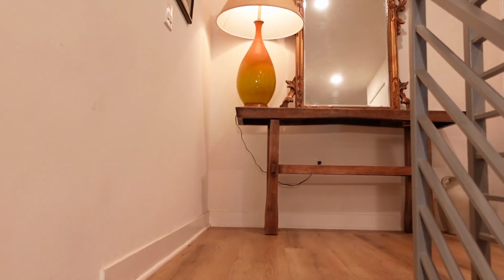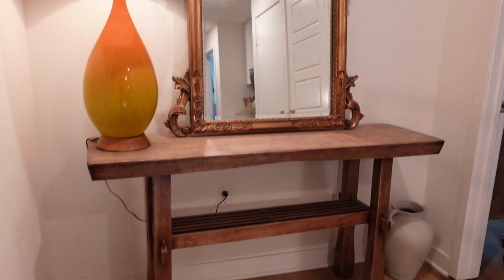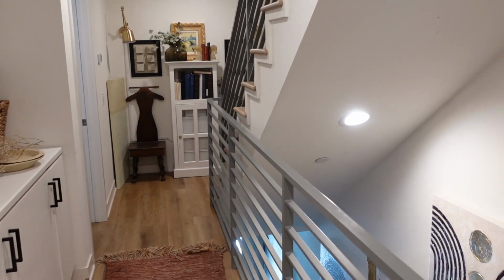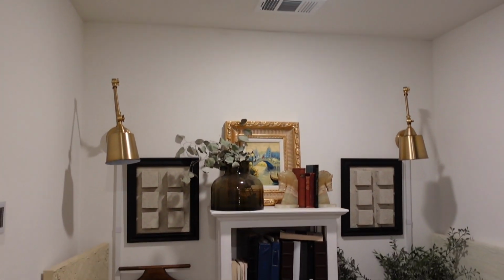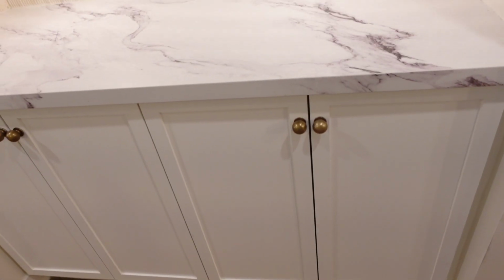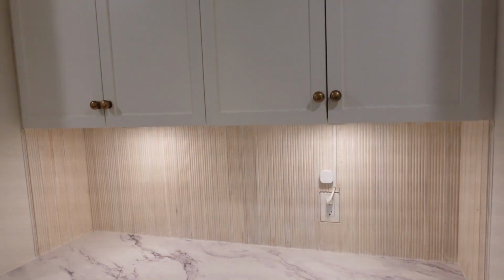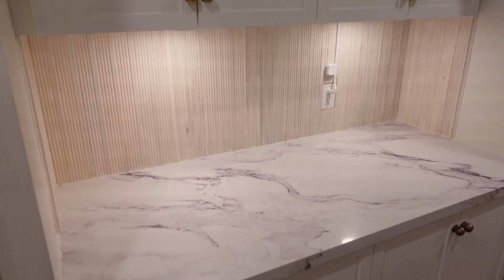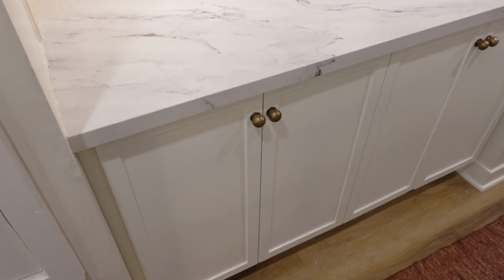And this week I am showing you the final reveal about how I got rid of all of this sort of cluttery decor that I was using to band-aid the fact that this hallway just felt like a boring pass-through, and instead took away all of the clutter and had a more streamlined, focused design by adding in architectural elements like, again, this countertop, the fluted wood backsplash, the shaker style cabinets, adding in picture frame molding on both ends